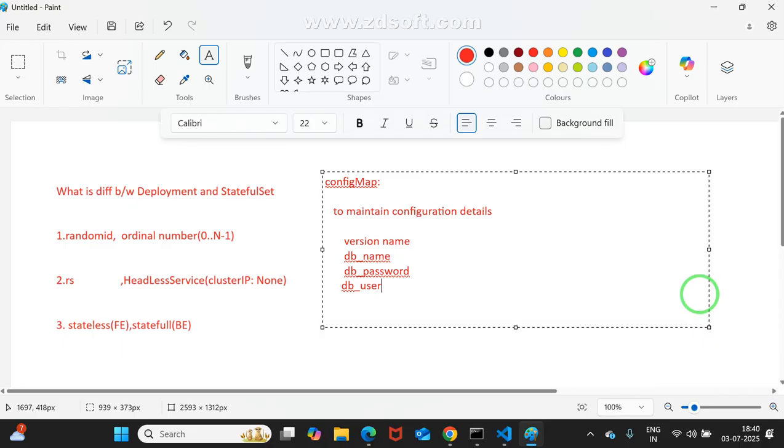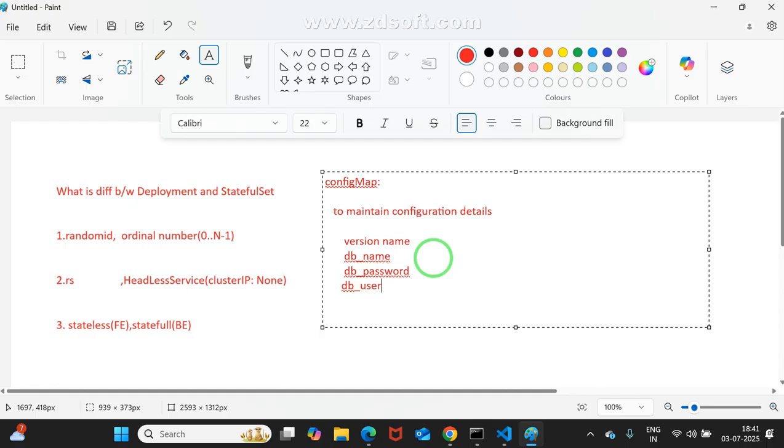Today I am working with Oracle, tomorrow you may work with MySQL. Are you agree with me? See, if I fix it in the deployment object, suppose I change the deployment object, I need to redeploy it. Redeploy means rerun. Again, kubectl apply -f. Again, I need to redeploy. But, sir, if you make changes in the config map, no need to redeploy. Based on this configuration details, automatically that will reflect.